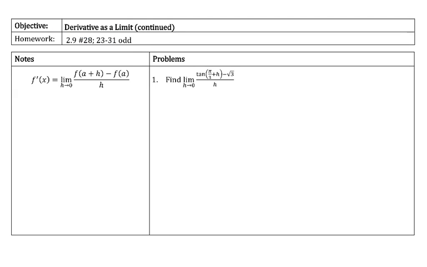Here we're going to be talking about the derivative as a limit, and we're going to be doing homework from